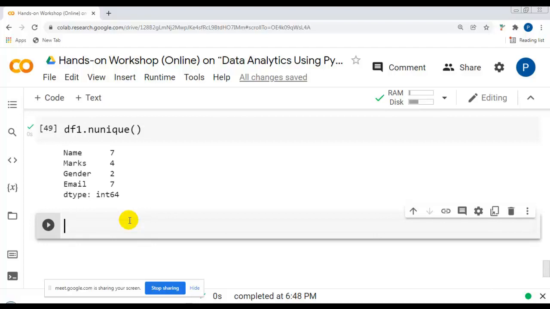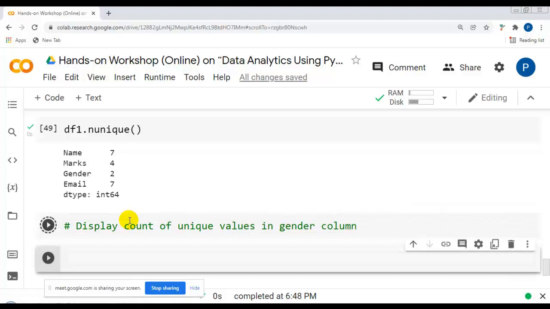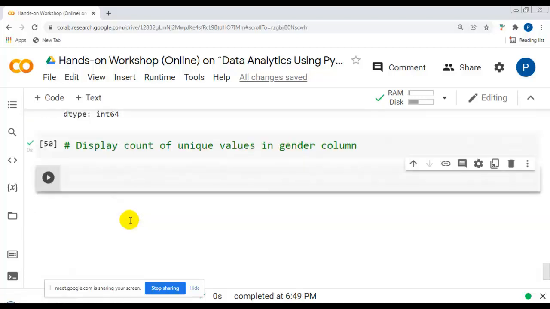So now our next question. Here I want to display the count of unique values in the gender column. I am taking a random column, you can use any. By this I want to explain the value_counts method.